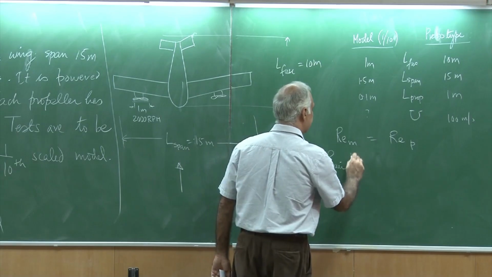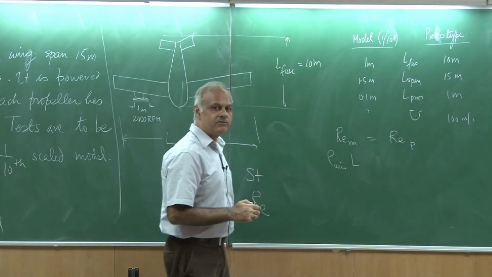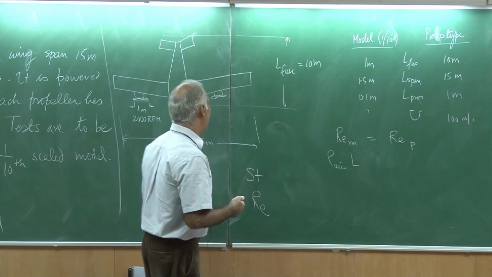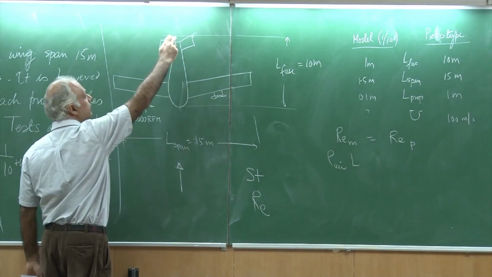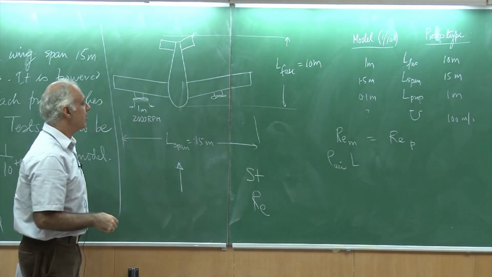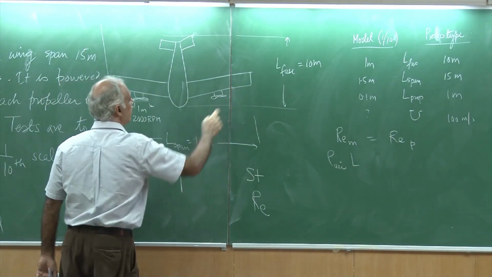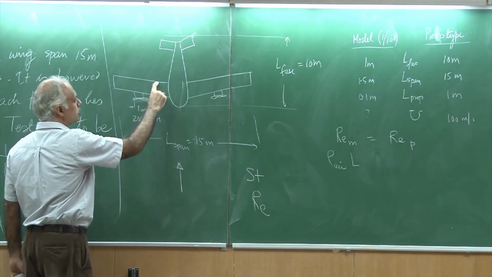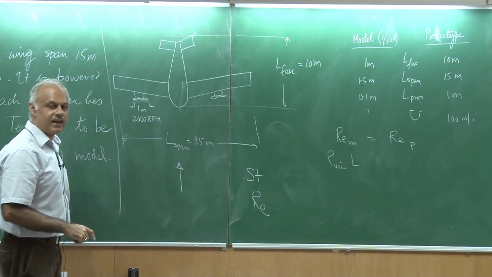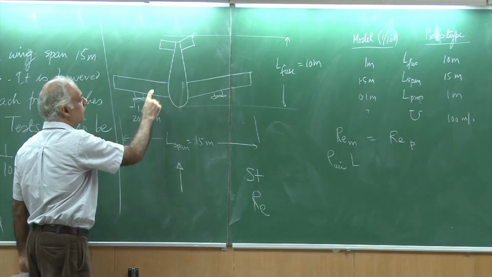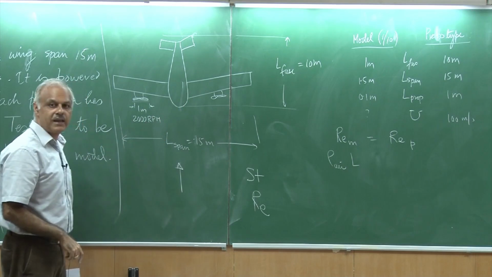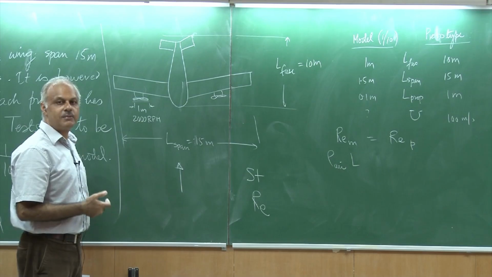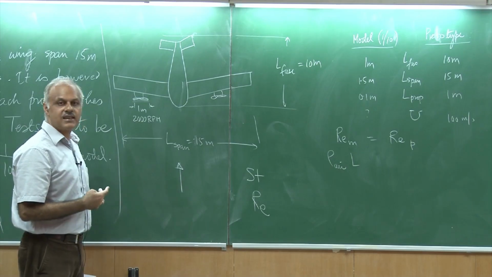times the length. Now, it would become very important as to what is the length scale I choose. Okay. I could choose, for example, the length of the fuselage, which is 10 meter, or I could choose the length of the span, which is 15 meter, or I could choose the chord length of the wing, which could be much smaller than the fuselage or the wingspan, and so on and so forth. It turns out in the end it does not matter because all lengths are scaled.